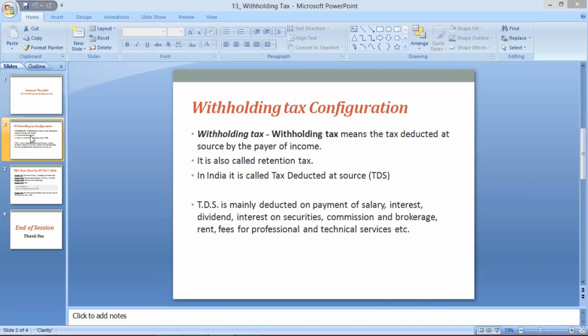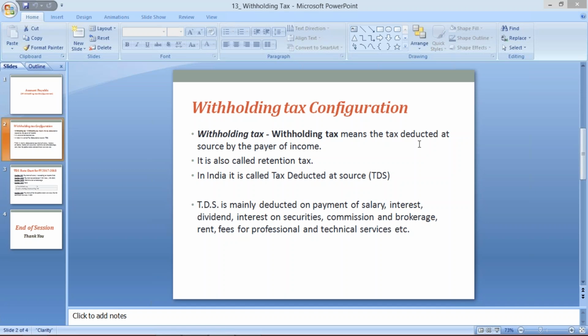Now, first thing is, we are having whatever taxes are there. We'll talk about India. That is divided into two parts: direct and indirect tax. Direct tax, withholding tax, is nothing but a direct tax itself, and it is also called TDS.